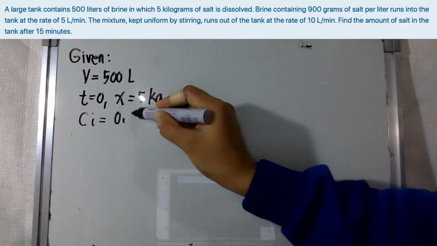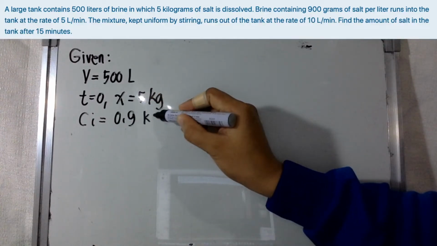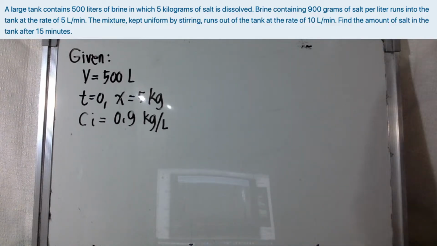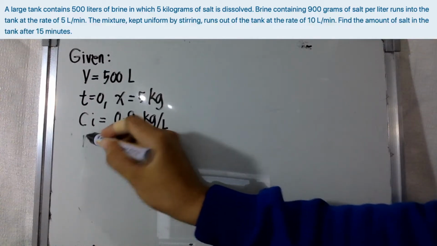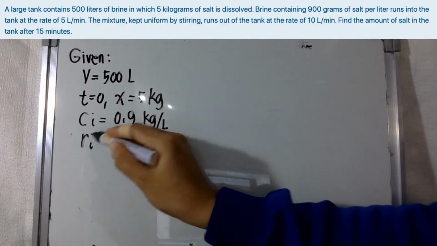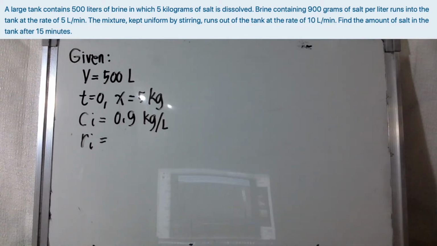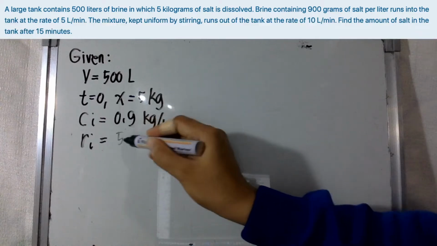So we have 0.9 kilogram per liter as the concentration in, or C sub I, flowing into the tank, with a flow rate represented by R. R sub I is the flow rate in. So the concentration of the solution, 0.9 kilogram per liter, with a flow rate of 5